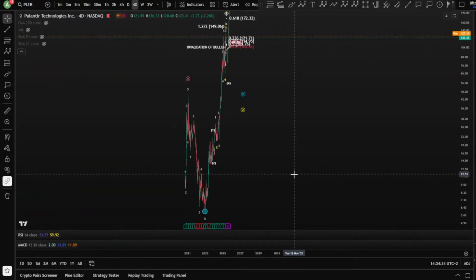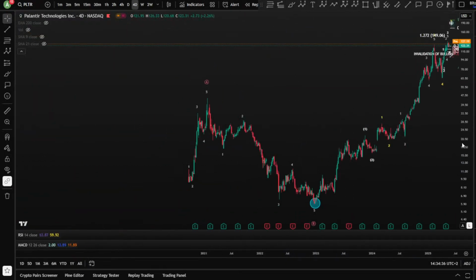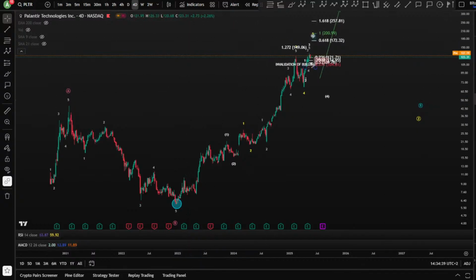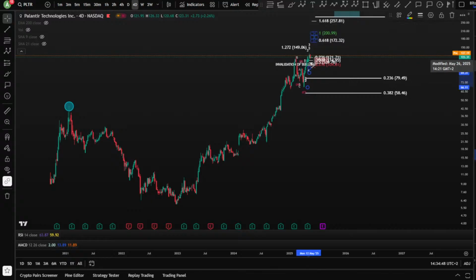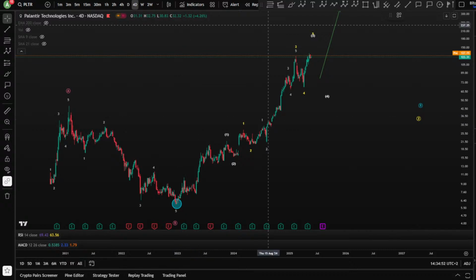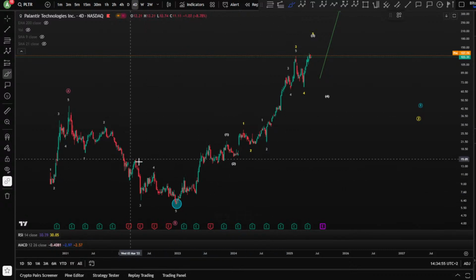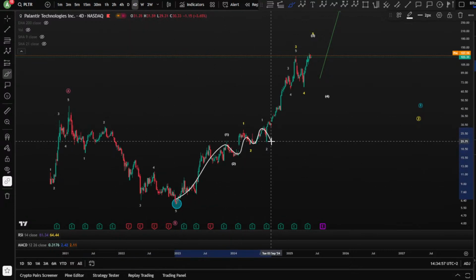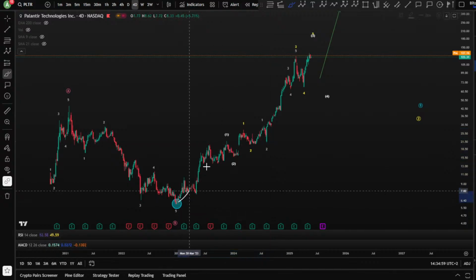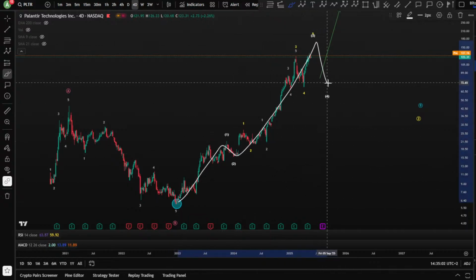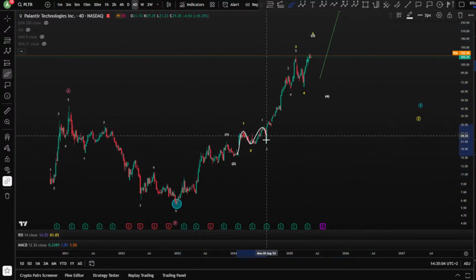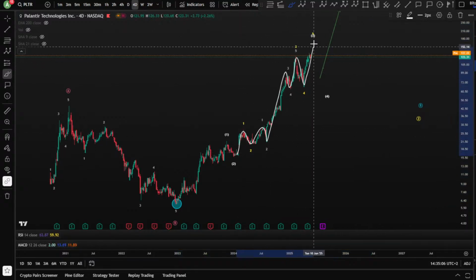All right. Palantir is also a very nice chart. On the daily, we have also a very nice impulse. Let me check why this is very crowded here. I think this belongs to the 4-hour or 2 hours chart. Here we go. Yes. So on the daily, we have, of course, a 1, 2, 1, 2, 1, 2. A lot of 1, 2s. Main 1, 2, of course, here. You have a wave 3, 4, and a 5. Your wave 3 is double 1, 2s, 3, 4, 5, 4, and a 5.